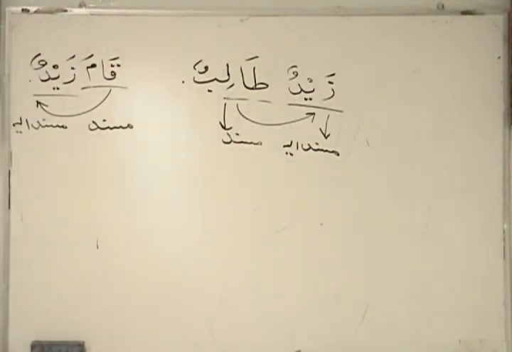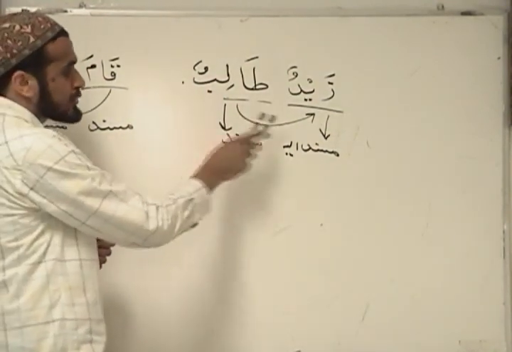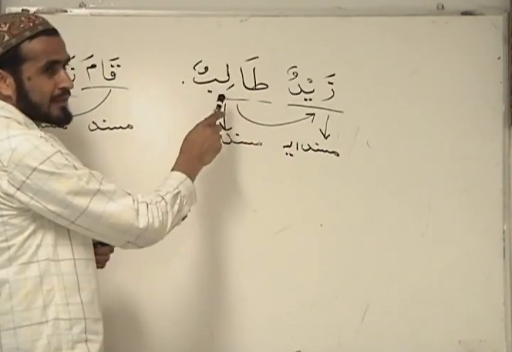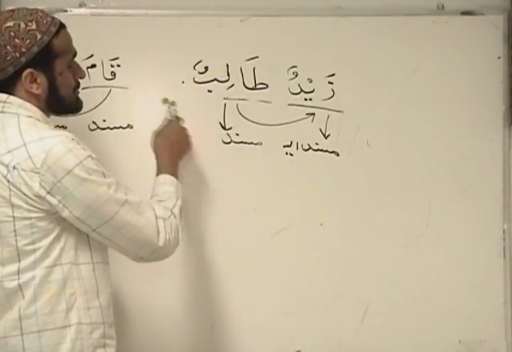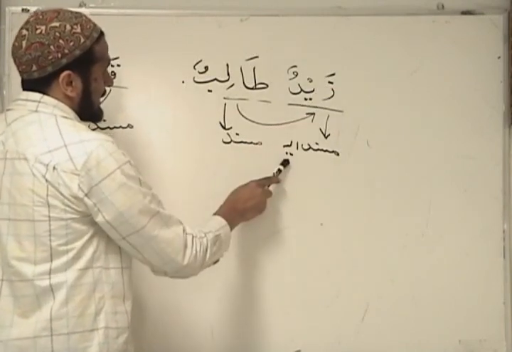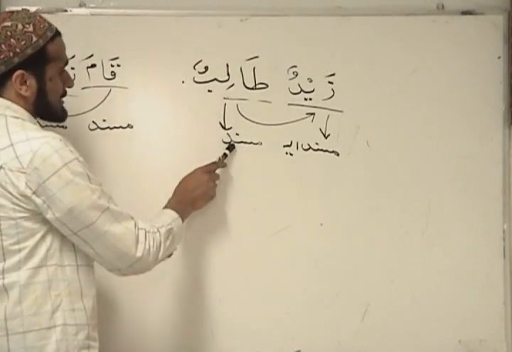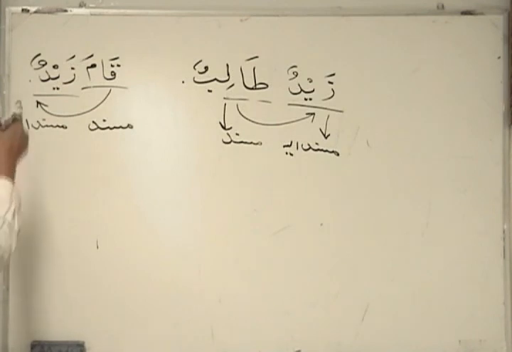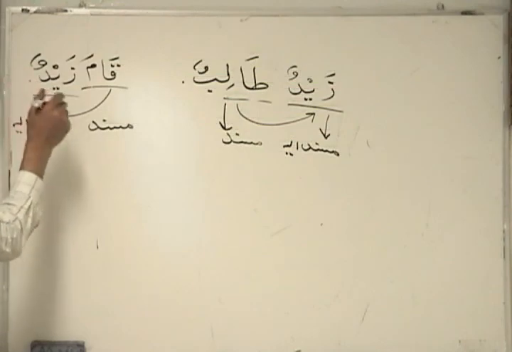Now we have two isms. Which one is the musnad ilayh? Which one is the musnad? And we know which one. But convince yourself that Zayd is musnad ilayh and talibun is musnad. Because you're relating the attribute of being a student to Zayd, right? You're saying that Zayd is something. You're not saying that the student is something. You're saying that Zayd has this attribute. And what's the attribute? Being a student. So we're talking about Zayd here, therefore Zayd is musnad ilayh. And you're relating to Zayd an attribute. That's why the attribute of talib is called musnad. In this sentence, it's jumla fi'liyya because the first part is a fi'l or verb. Zayd